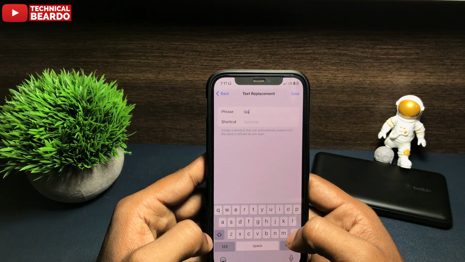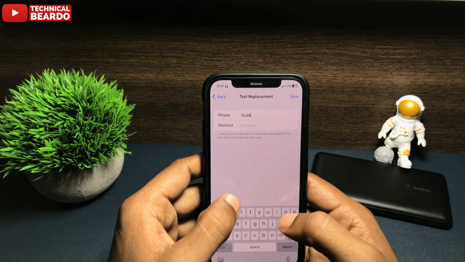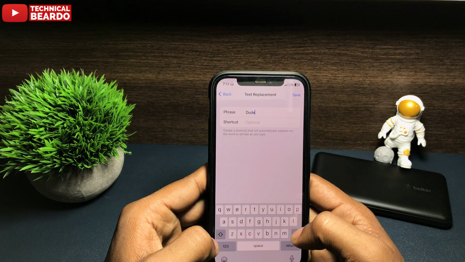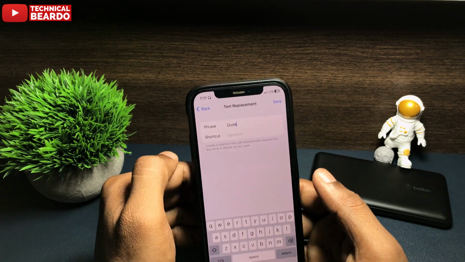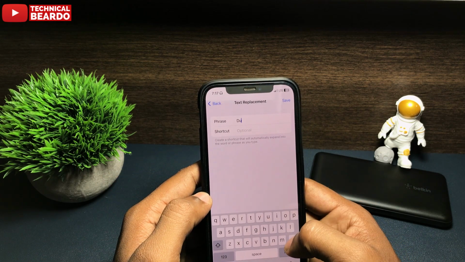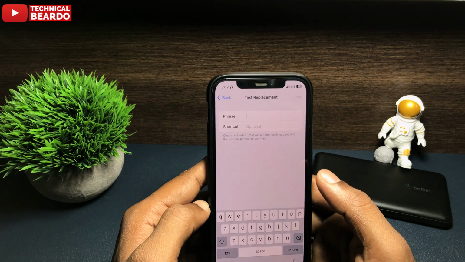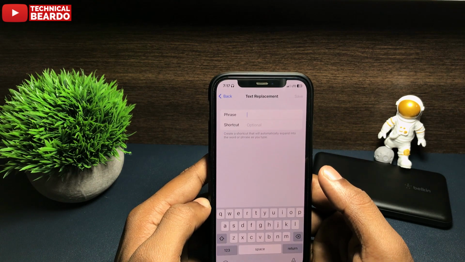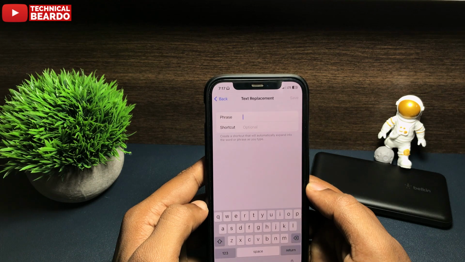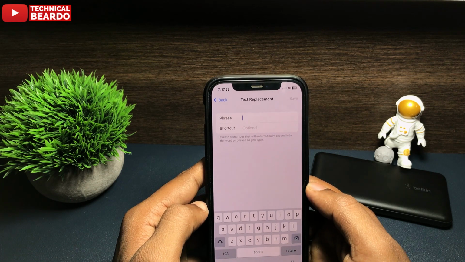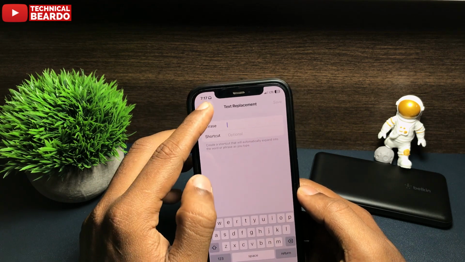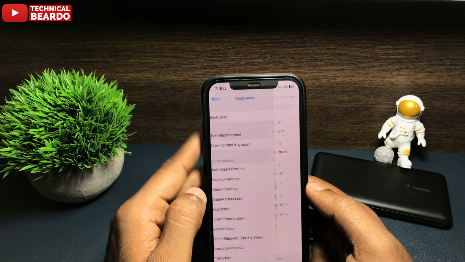not compulsory. So to add a new word to autocorrect, just go ahead and type your word here. It can be anything like a code word, any of your own words. Next time your iPhone will not autocorrect it, it will type as it is. So add the new word, add the phrase, and it will be saved in your iPhone's autocorrect. So that's it. It's a very simple process, simple steps.